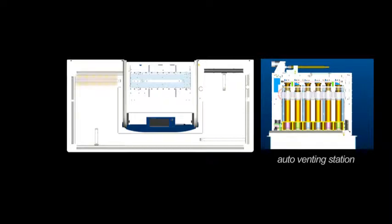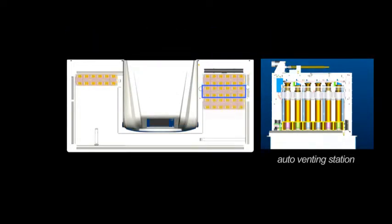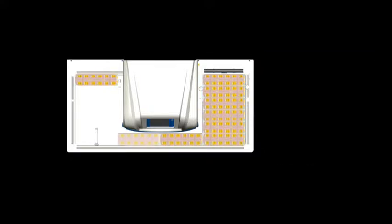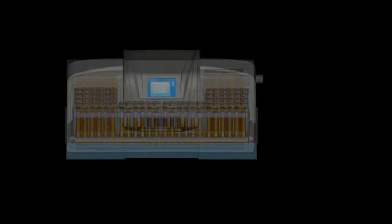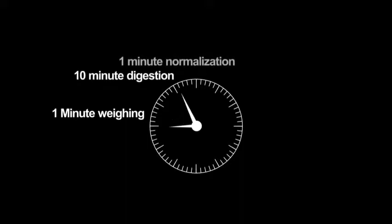Samples are simultaneously digested, cooled, and vented automatically as others are being analyzed, providing a continuous, uninterrupted production from sample weighing to analysis. Using calibrated vessels, a sample stays with its tube from weighing until analysis, eliminating sample transfer time and potential sample ID errors. Assuming a 1-minute weighing time, a 10-minute digestion time, a 1-minute normalization time, and a 1.5-minute analysis time,